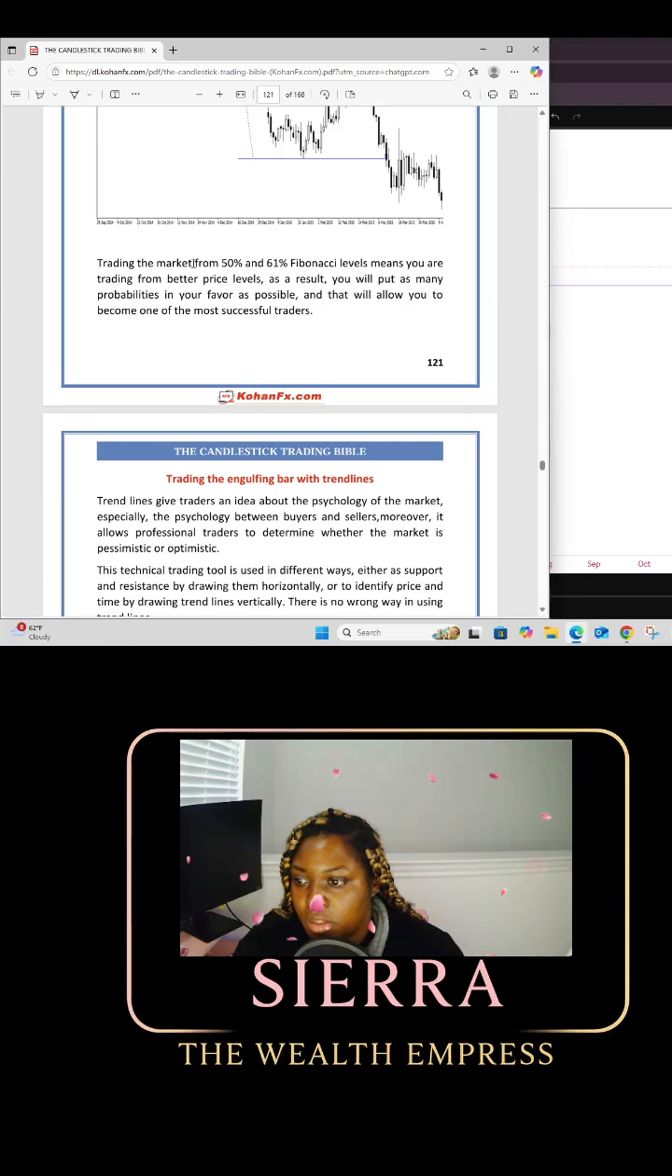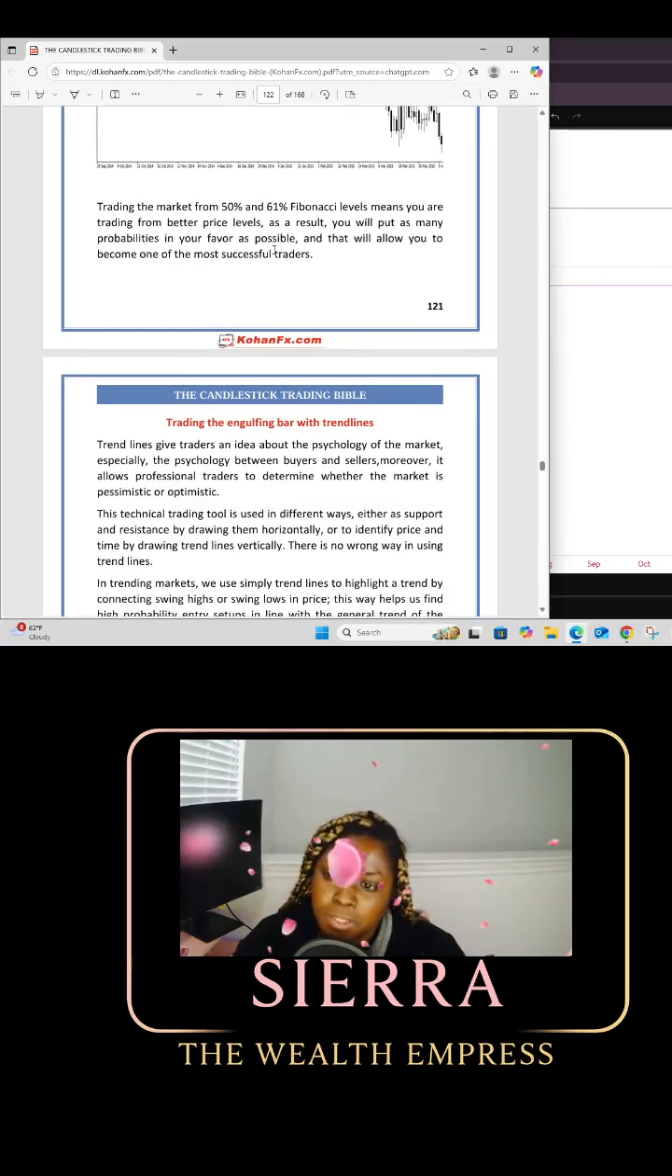All right, trading the market from 50 to 61% Fibonacci levels means you are trading from better price levels. ICT calls it, don't give me the line, I know it's discount premium entry, something like that. You'll put as many probabilities in your favor as possible,